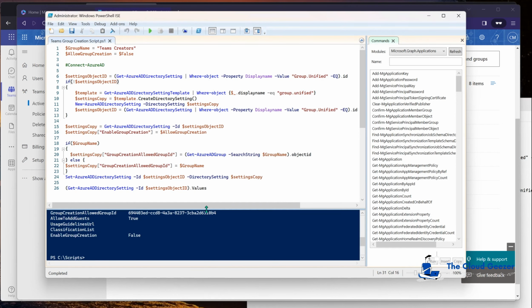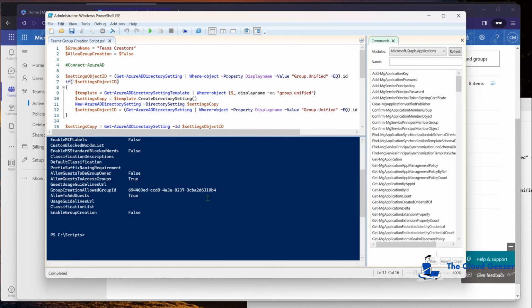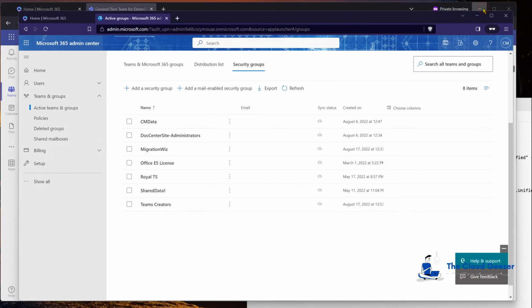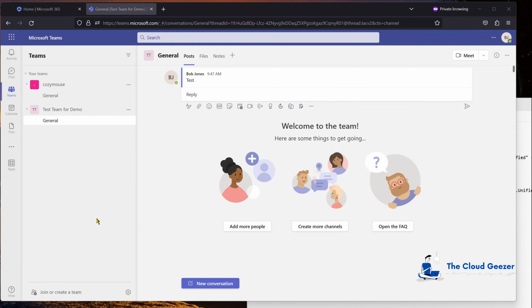And if I just bring up the results there, you can see it basically gives you all the main settings on there. And the one here, which we're interested in, enable group creation false. Now these, surprisingly enough, take effect very, very quickly. So if I actually go back now, and let's just pop those down, and I go back here for Bob,